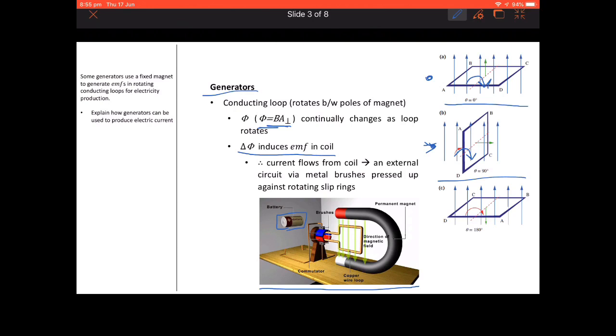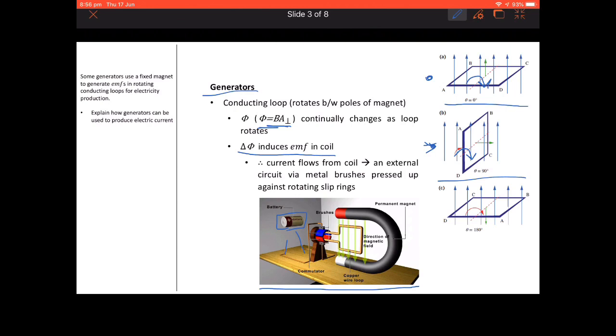Given that the loop is rotating, the area exposed perpendicularly to the magnetic field will also be constantly changing as it rotates. Therefore, the magnetic flux will constantly be changing, so there'll be that constant change in flux, which is inducing a voltage in the coil. So ultimately, the current flows from the coil where it's been induced to an external circuit, and that's where this battery is connected, and it flows to that circuit via